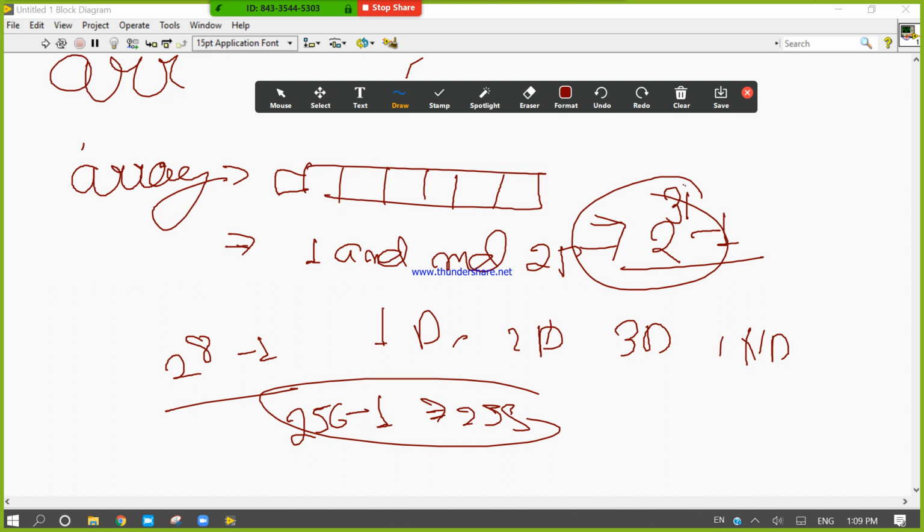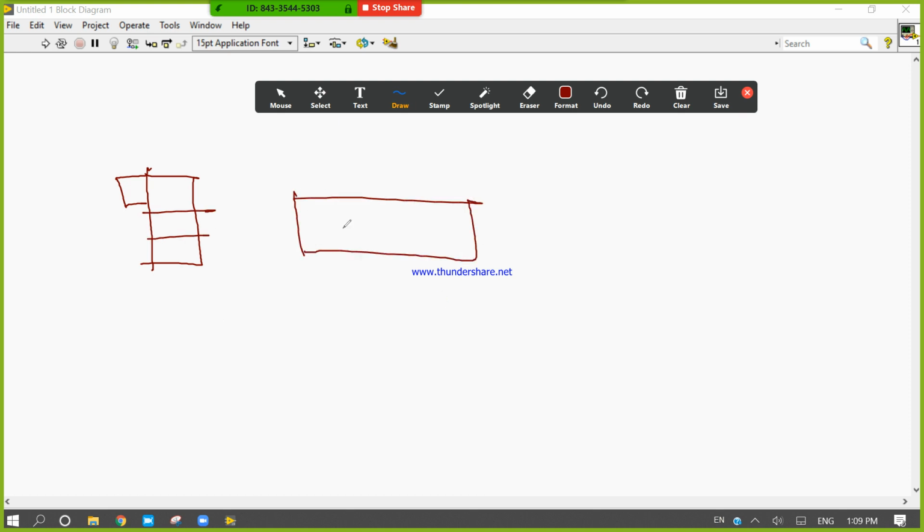Now the third thing about the array. Array has one dimension, array has two dimension, array has three dimension also.